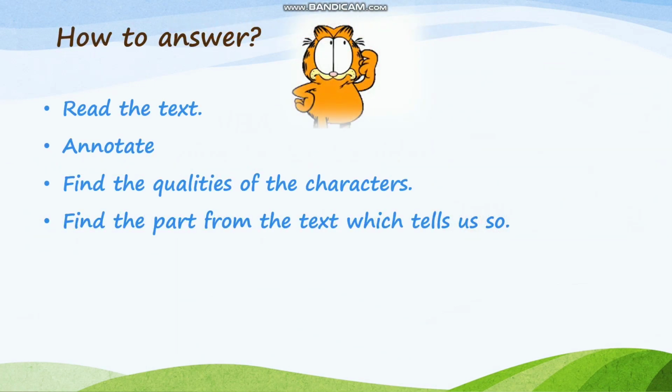Now how will we answer? First we will read the text, we will annotate. So bacha, these two steps remain common in all our objectives, okay? Reading the text and annotating. If you're still confused about annotate, you can go back to yesterday's video where I've put a chart of annotation. And you can see, third step is find the qualities of the characters, okay? Like we did yesterday, we will annotate and then we will see